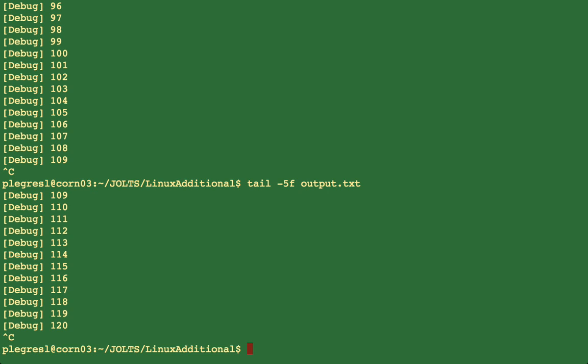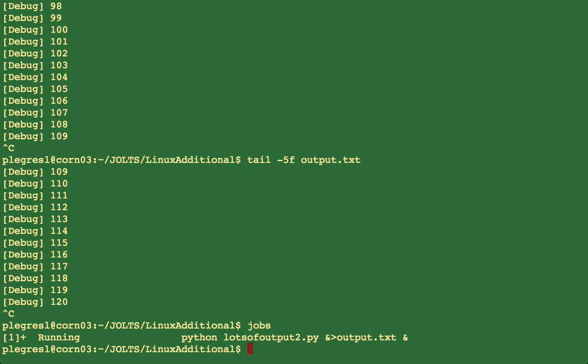Basically when I'm done using the tail command and I want to stop looking at that file, I use Control-C, as you've been seeing on the terminal here, to terminate the tail program and get back to the Linux shell prompt. And just as a reminder, because this job is running in the background, as seen in the output of the jobs program,